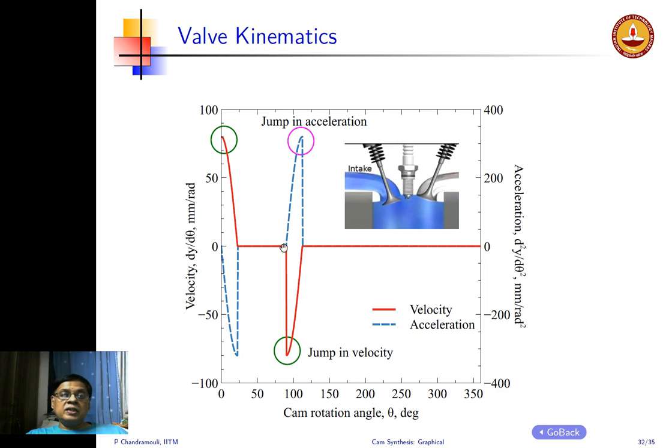The same thing happens in the return. I start at this point, I have a jump in velocity when I start to move. And then, of course, as I reach the final 112.5 degrees, I go to zero velocity. There is continuity there. But I do have a discontinuity in the acceleration. So acceleration and velocity are continuous at some points, but discontinuous at other points. There are 4 points in the rise: the beginning of the rise, end of the rise, beginning of the return, end of the return. In each of these, the quantities are continuous at two locations, but at the other two locations they have jumps,